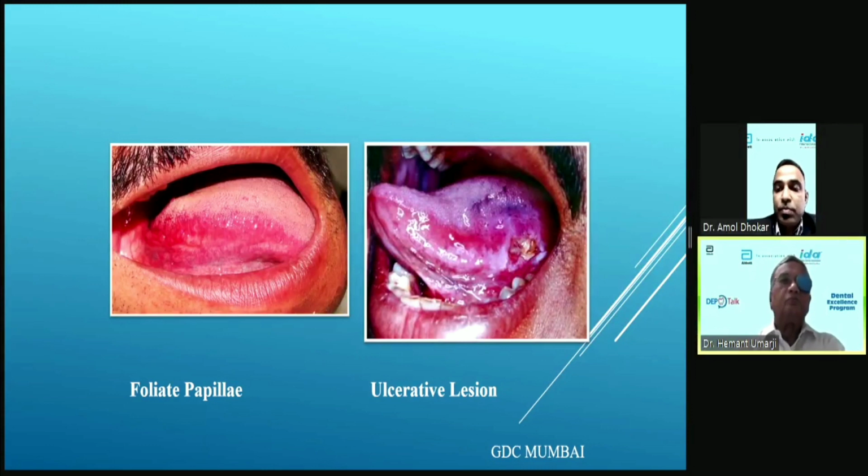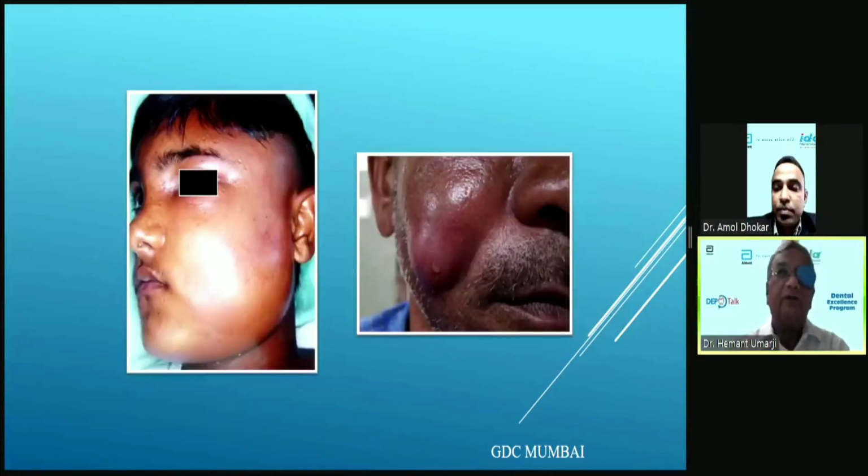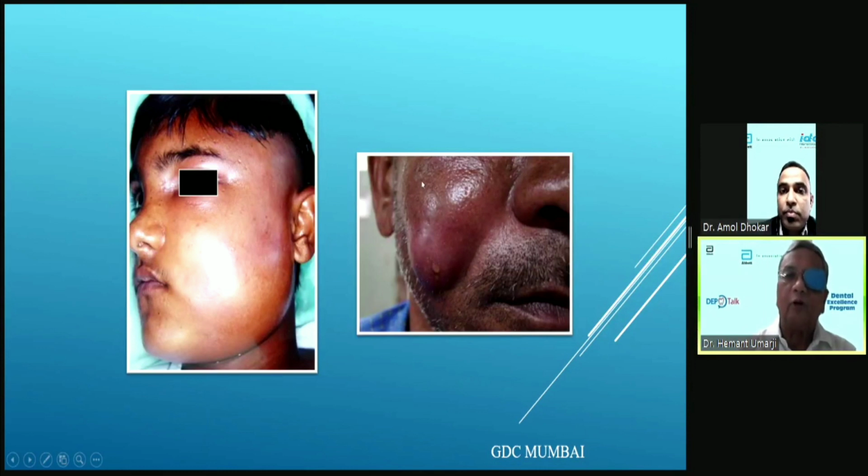Now, one is the abscess and one is the cellulitis. Which according to you, in your mind only you answer, is the abscess? The old man or the young boy? Obviously the answer will be the old man, because you can find that there is a pointed swelling and pus has started coming out from here, and it is a localized collection of pus. That is called the abscess, and there is diffuse swelling and brawny edema seen in the cellulitis.